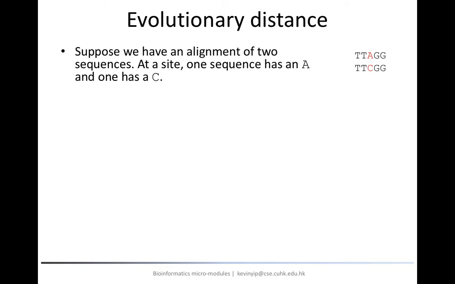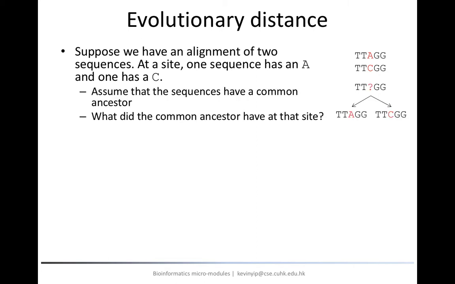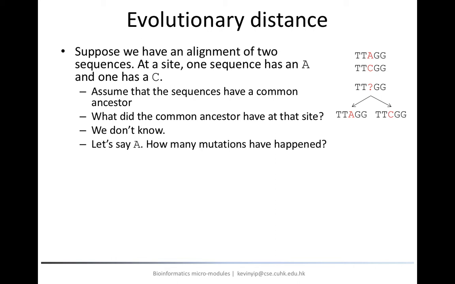To begin this module, suppose we have two aligned DNA sequences that differ only at the third site. Now suppose these sequences originated from the same ancestral sequence. What nucleotide did this ancestral sequence have at the third site? Of course, we don't know, unless we can travel back to the past or have a record of the ancestral DNA. Let's assume the ancestral sequence had nucleotide A at the third site.